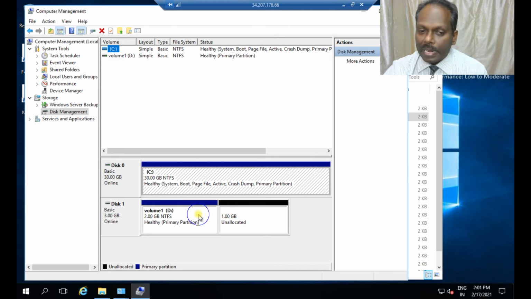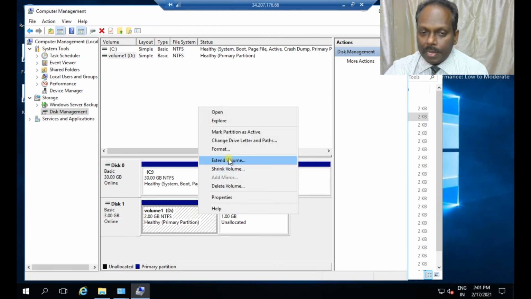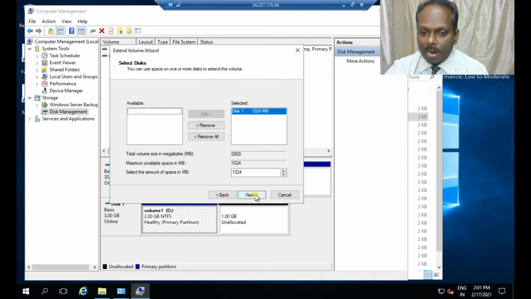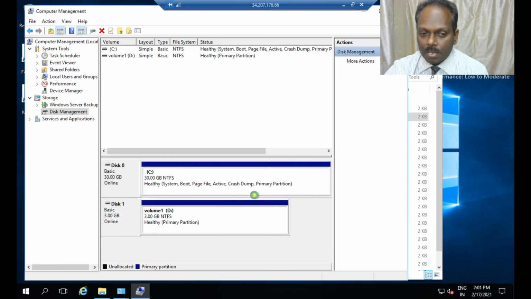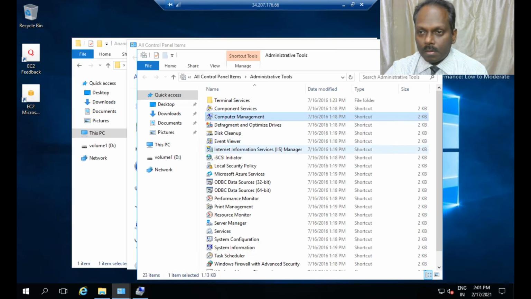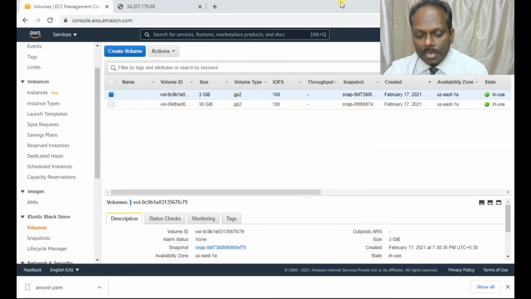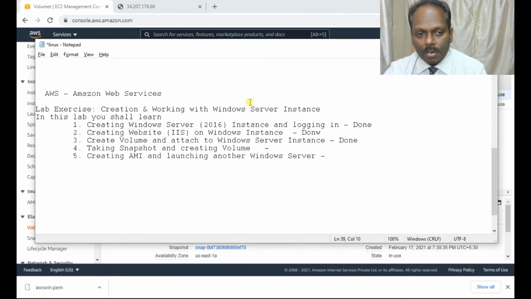If you want, you can extend your volume, you can increase this. Otherwise, you can create a new partition. Finish. Now this is 3 GB. So with this, we have completed the fourth one, taking a snapshot and creating a volume.